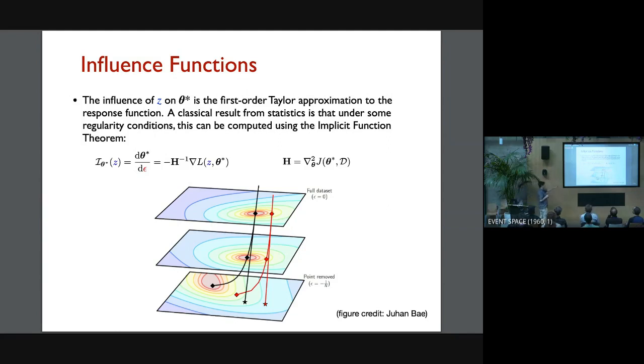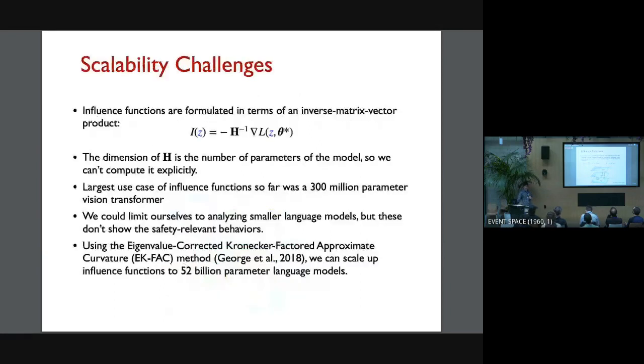Here we're looking at loss surfaces as you vary the weight on a training example. The black curve traces out the optimal response function. Influence functions take a first order Taylor approximation to that, and that involves computing an inverse Hessian vector product, the same thing you need to compute if you're doing second order optimization. That's a pretty expensive thing to compute,